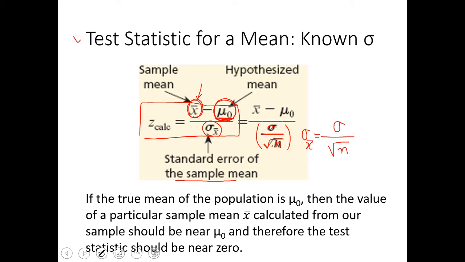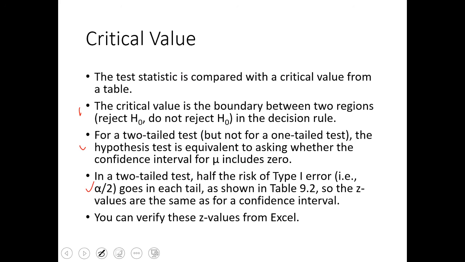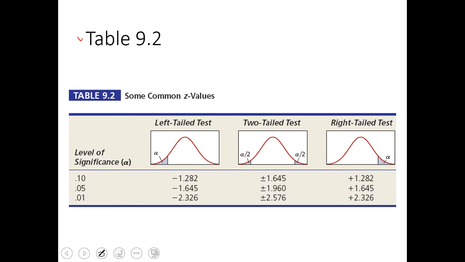We put this number as the denominator, and we put the sample mean here and the benchmark mean here, and that is the z statistic. I will call it zcalc or z statistic. That is our test statistic. So if this test statistic is in here, between these two critical numbers,